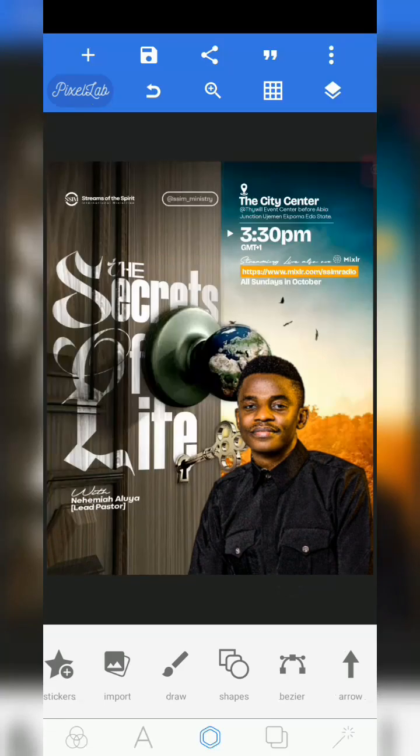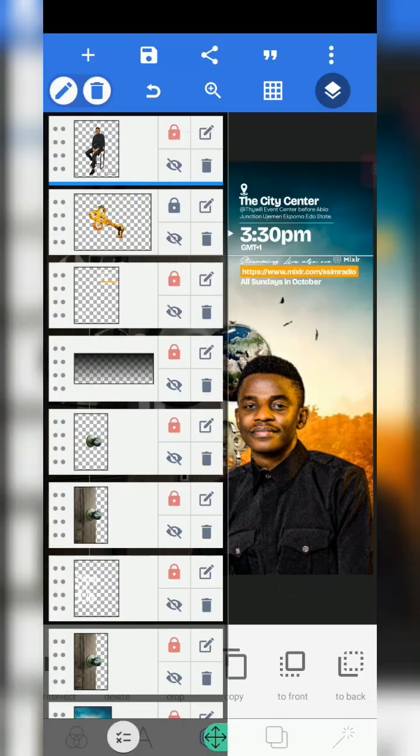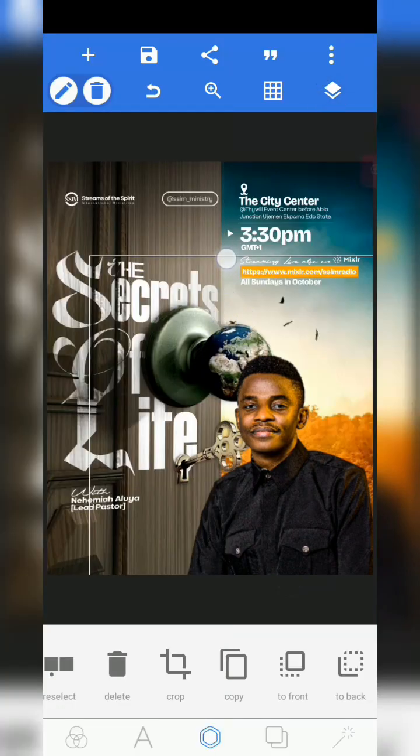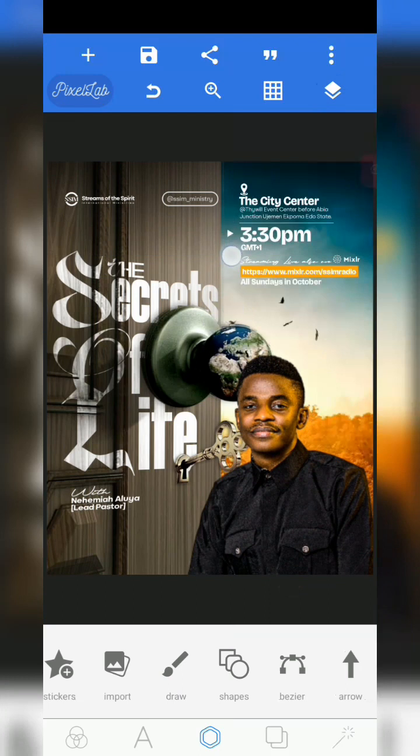Now the next thing I did was take this same design. I saved it, and I took it to PS Touch, and I added a little bit of realism to this place right here. The reason is because I thought to myself that if you're opening a door to a new atmosphere or a new life, or if you're trying to unveil a secret, as the case may be right here,